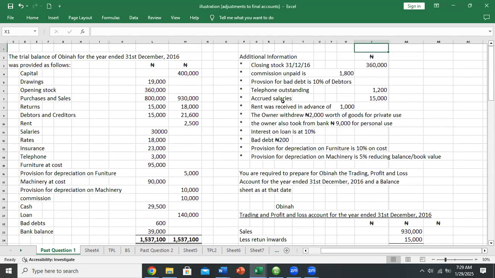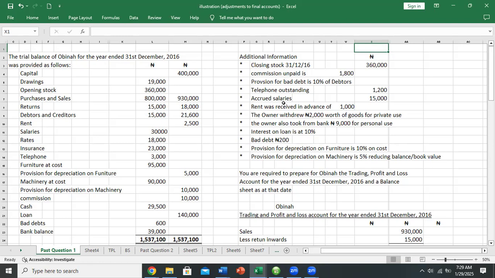Closing stock is one of them. You can have expenses prepaid, expenses owing, income prepaid, income owing. I think we have concluded on that. We add the owings or accruals, and then we less the prepaid, whether they are income or expenses. Add accruals or owings, less prepayment or advance. And then if the owner withdraws anything, you less it, and then